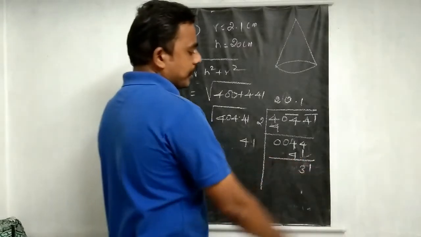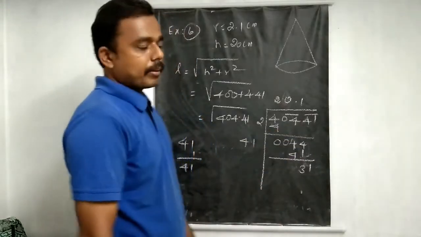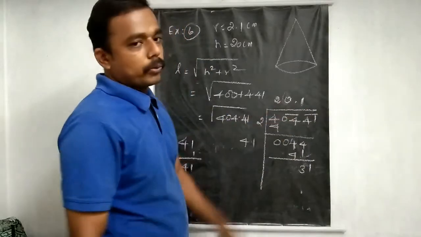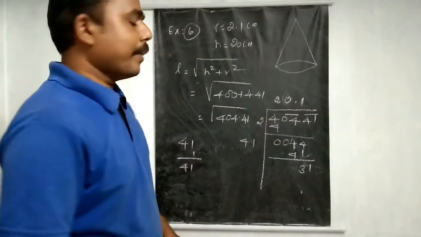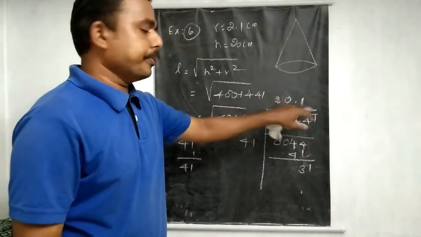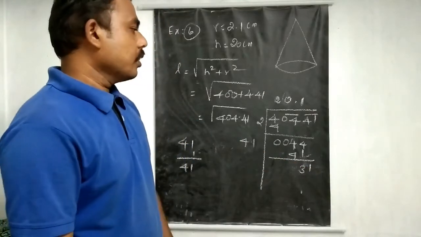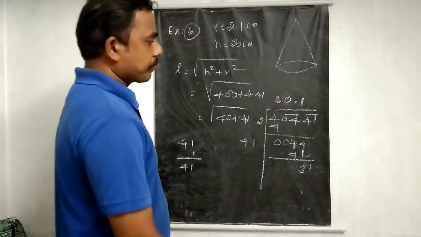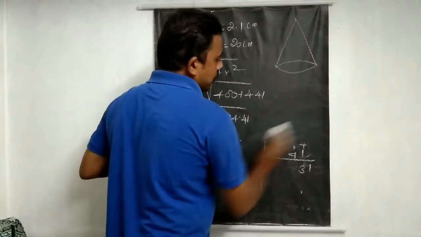After that you can introduce any number of zeros. Here, after the decimal, you can introduce any number of zeros. So 20.1, you can stop at 20.1, or you can move on after that also. Here it's 20.11, and next you can double 402. Here you can introduce any zeros. Like that you can write the square root of this number as 20.1.